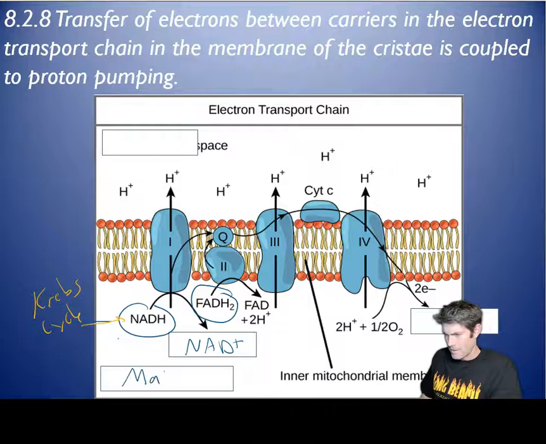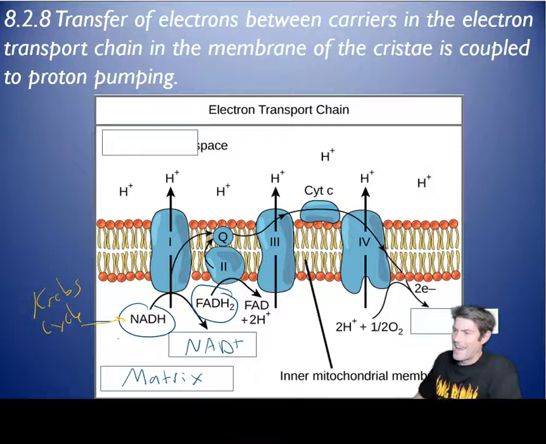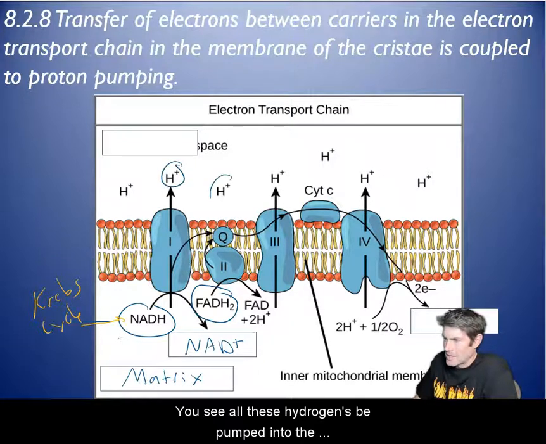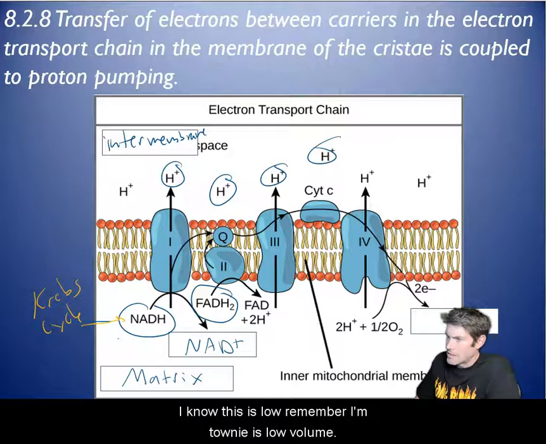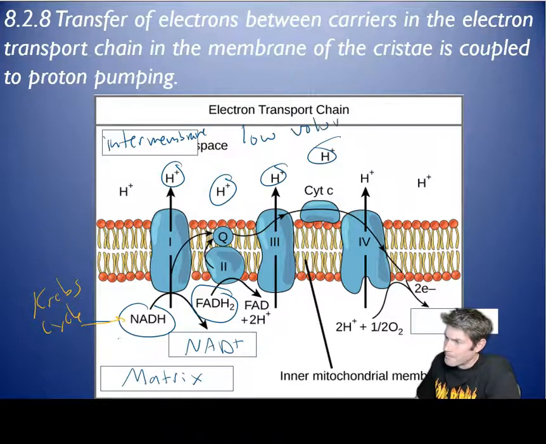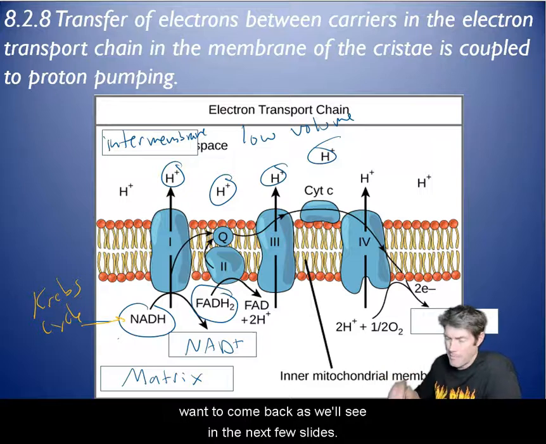Remember, in the matrix. Say it with me, matrix. And then you see all these hydrogens being pumped into the intermembrane space. Remember, this is low volume. So it gets filled up pretty quickly, and that makes it want to come back, as we'll see in the